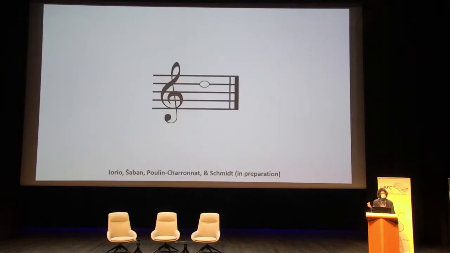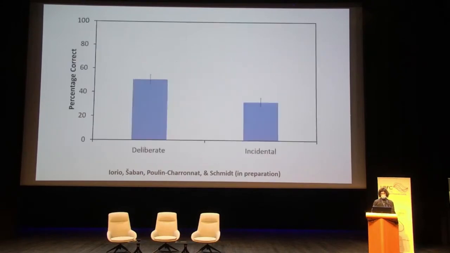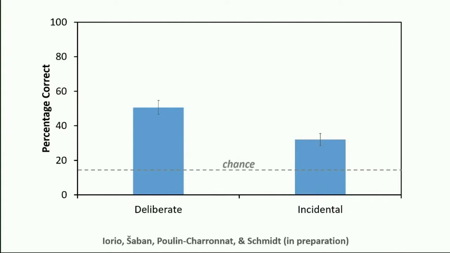Afterwards, after this learning phase, we also wanted to see whether participants could more explicitly indicate the interpretation of the note positions. So basically, we showed them something like this without the note names and just asked them, which note do you think that is? Do, re, mi, fa, so, etc. Their performance at this task was not perfect. Remember, it was only 15 minutes of training, but much, much better than chance guessing, which was 1 in 7 in our case. Not too bad, I think, after just 15 minutes of training.